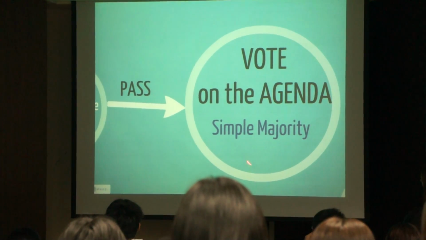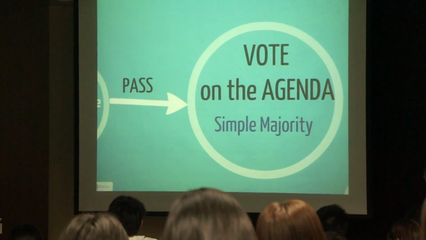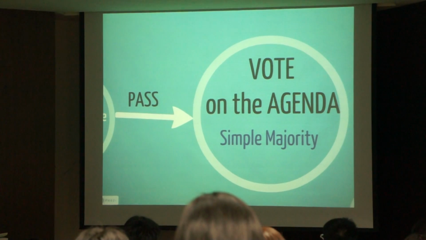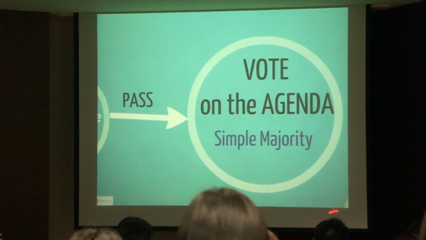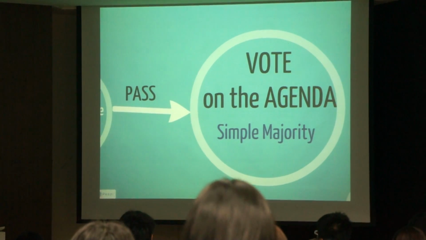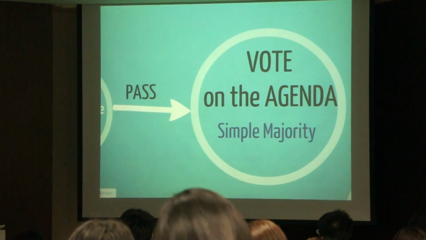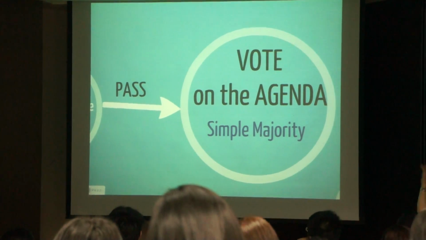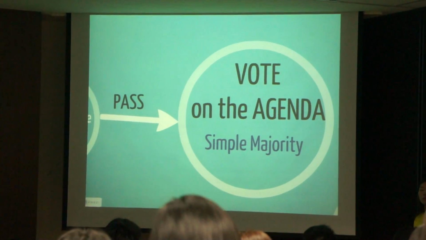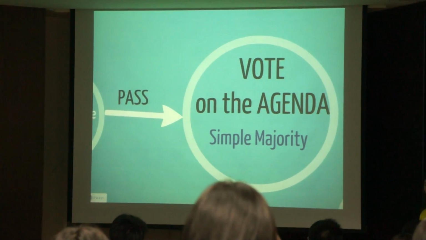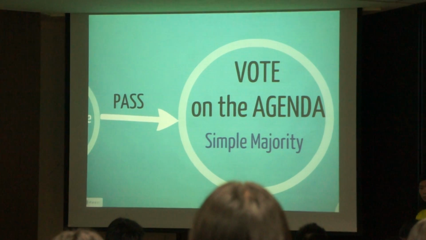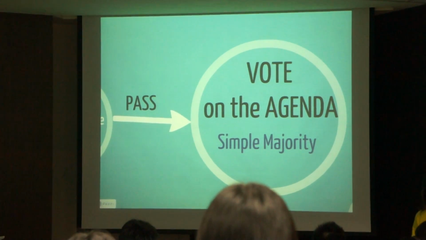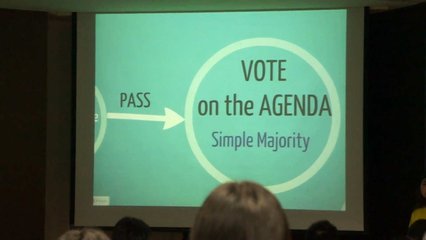Here is the point where I will vote for yes, and Eva will vote for no. Remember my example? This is the point where you actually decide on which topic to discuss first. So this is the point where you should vote for the topic you want to discuss. And so if the motion passes, then the topic will be placed on top of the agenda and the committee will start discussing it. If not, then the committee will discuss another topic.